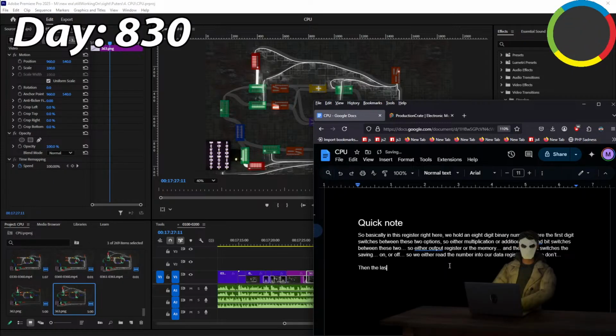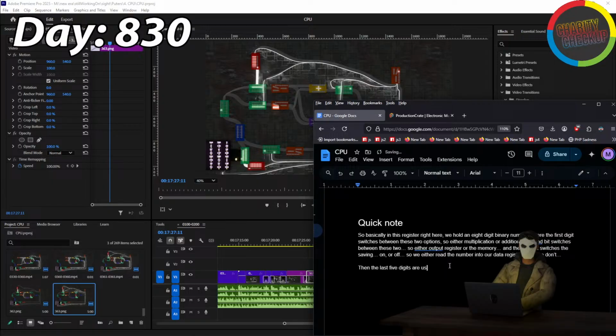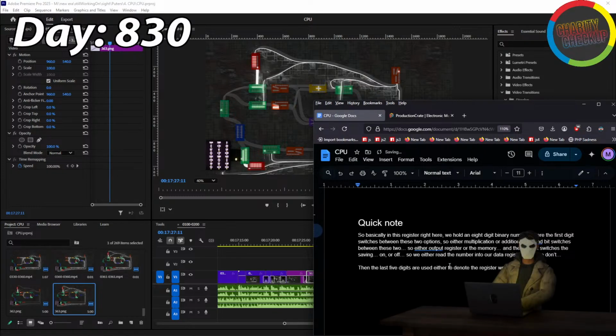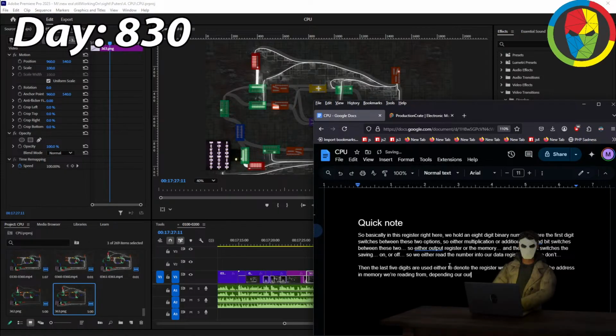Then the last 5 digits are used, it's the register we're reading into, or the address in the memory we're reading from,